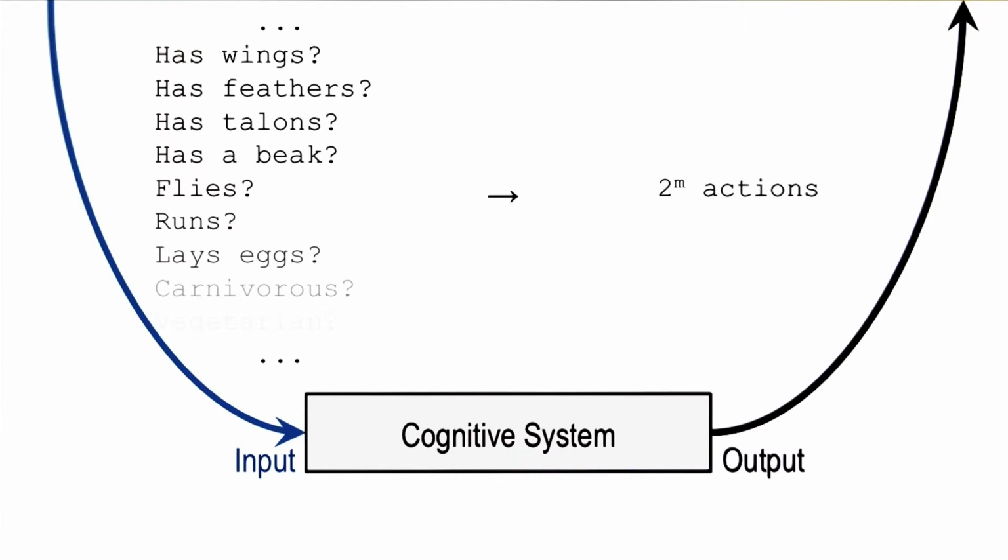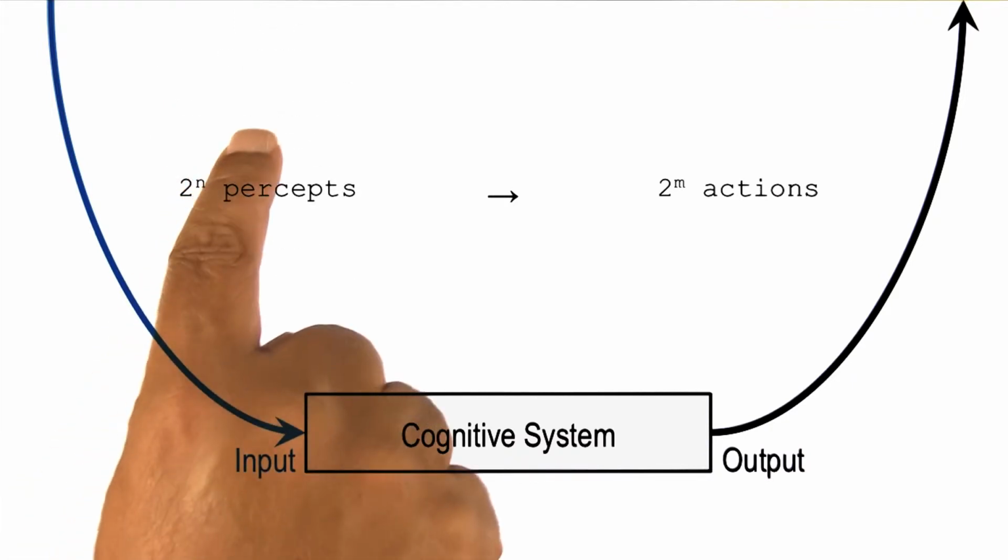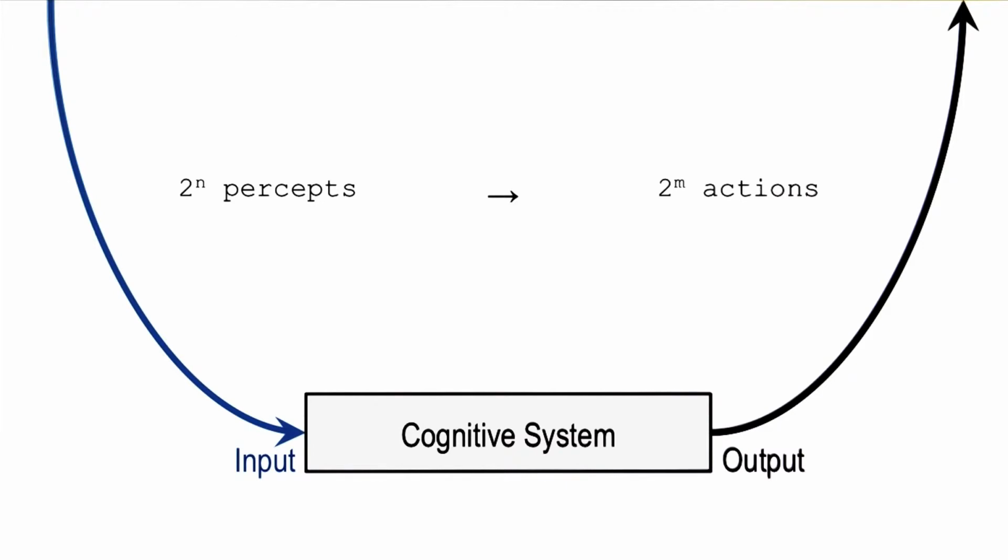As an example, if I see a dangerous animal in a zoo, then I might both scream and run away. If I see a friendly animal, I may approach the animal and make cooing noises to it. So a number of actions and combinations of actions are possible. And if n is the number of percepts, then I have 2 to the power n combinations of percepts possible.